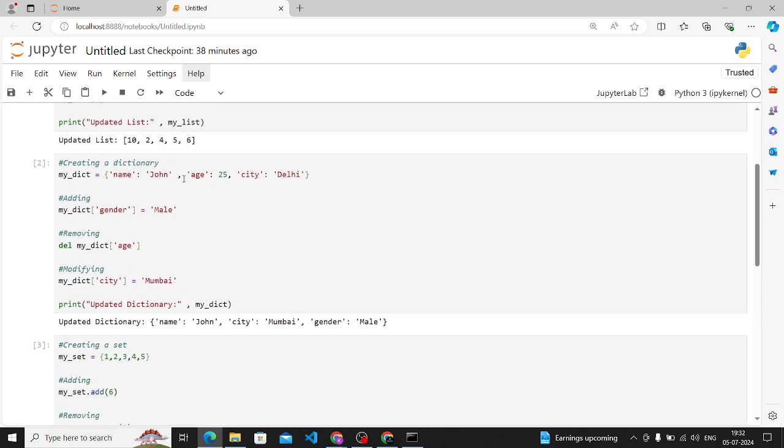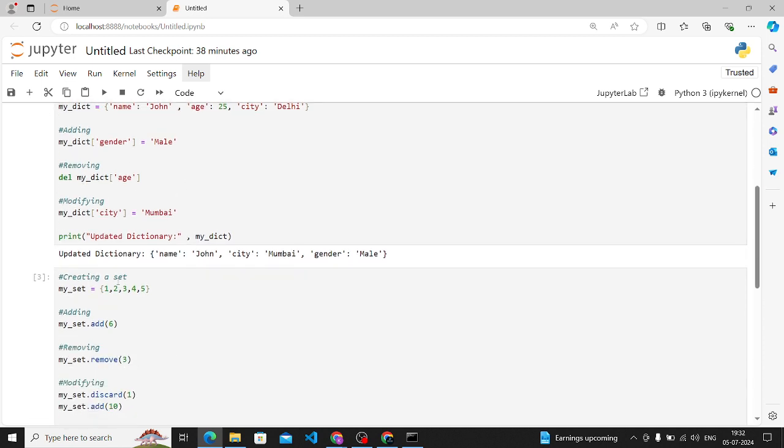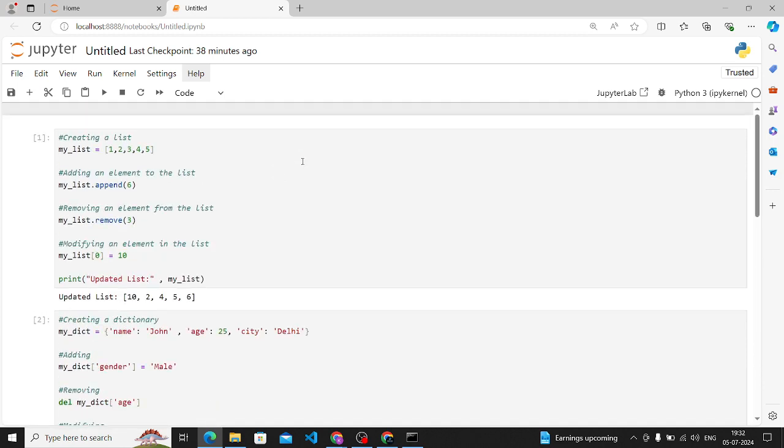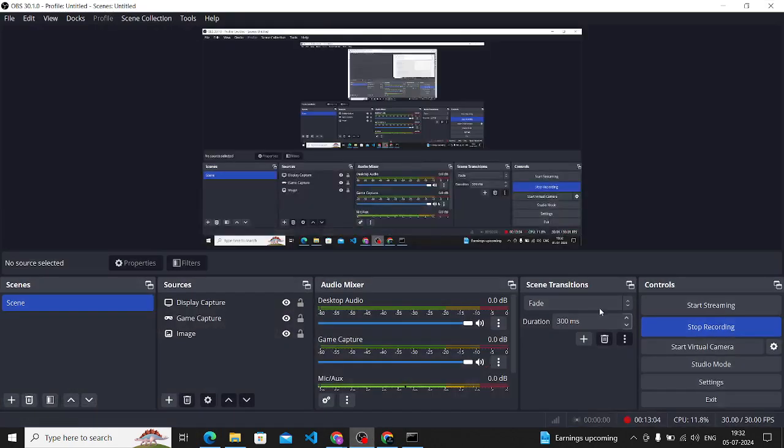Then for the dictionary, this is your key value pair. You have to create the dictionary in curly braces, and for adding and removing you have to use the del function, and this is your modified. Then the set you have to create in curly braces, and you have to perform all three operations: add, remove, modify. So this is your updated set. So yes, this was all your task 1. So I hope this is